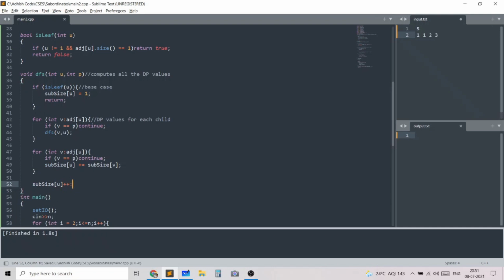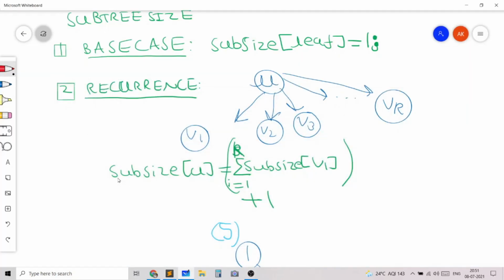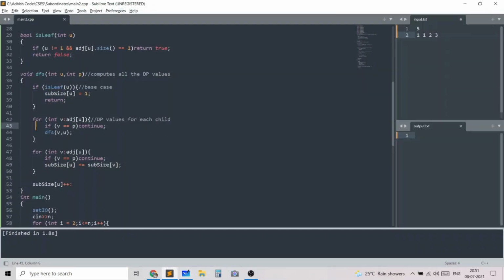Now the advantage to keeping these 2 parts separate is that we basically compute the DP values first and then we find the DP value for the current child. In a different problem where the recurrence might be slightly different and might require you to do a different type of function, you will actually need to write this separately. In this problem, you could have clubbed them together, but in general, it's a better idea to write them separately.